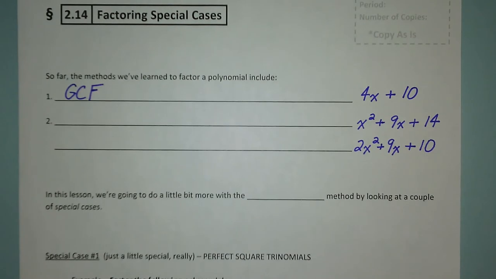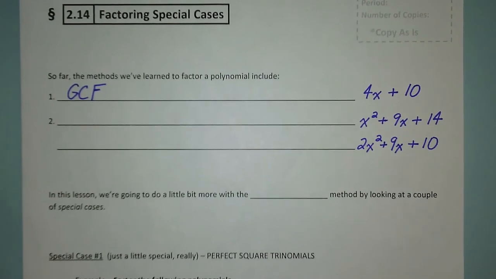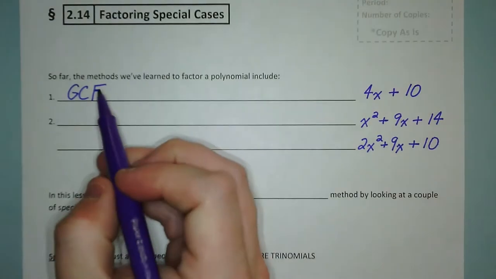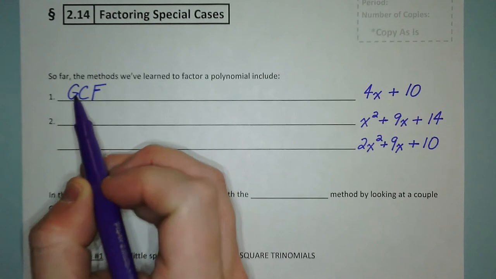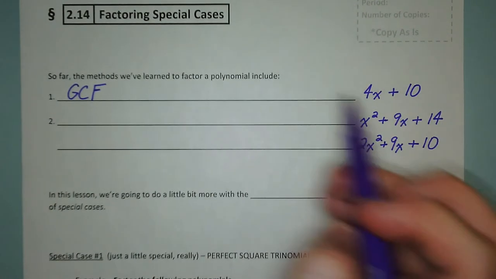Well, I guess one way to look at this is, after we get done with this lesson, we'll pretty much have come full circle with all this factoring. So you guys should have the big picture, especially with doing these homeworks, and hopefully you're asking questions if you're having trouble, but you should have a pretty good idea of the overall big picture of all this factoring. So there's the GCF method. If you can bring out a GCF from all the terms. Aaron,